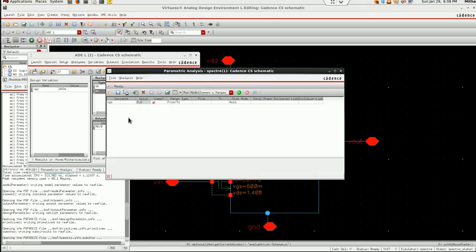One more difference between parametric analysis and DC sweep is that DC sweep is continuous, but parametric analysis takes steps. It's piecewise. For example, if I want to vary this VGS from 0 to 1.8, it is asking me the total steps, or I can give the step size here also. I can give 0.2, then it will go 0.2, 0.4, 0.6, 0.8, like that. For now we'll vary only one variable and see how it goes. So I'm giving a step size of 0.2.